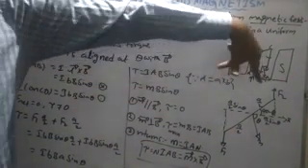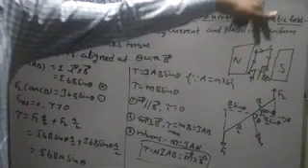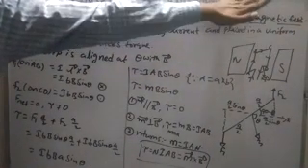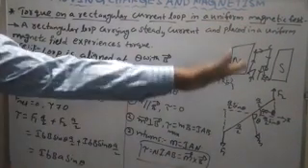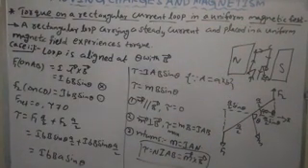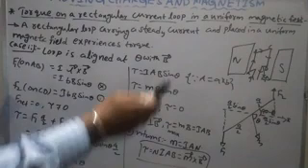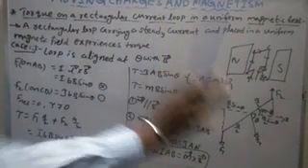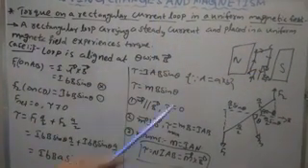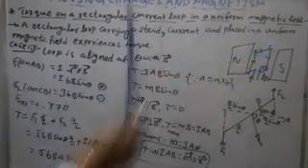So current is in this direction. Force is along the downward axis. So FBC acts upward and FAD acts downward when the plane of the coil is placed at some angle with the magnetic field. In that case, these two forces, FBC upward and FAD downward, have equal magnitude and opposite direction, so the forces cancel each other. Then only the force on AB and the force on CD are left.